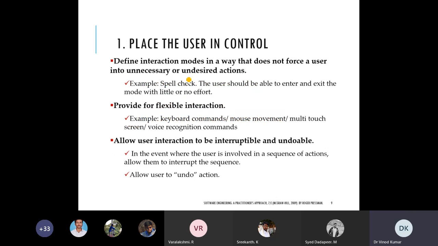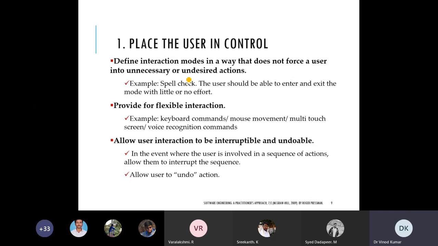The first one is place the user in control. It contains different subtopics. What is the first point? Define interaction modes in a way that does not force a user into unnecessary or undesired actions. For example, spell check. You are using a word processor, and at some point you need to check the spelling, so a spell checker option is there.